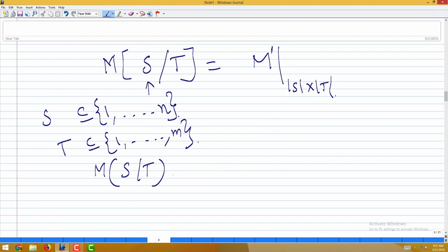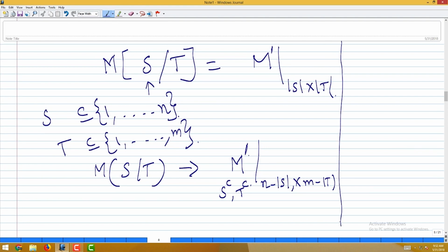So, if this matrix is nothing but the matrix M prime, which has the number of rows to be n minus mod S and the columns to be m minus mod T, where every entry is coming from S complement and T complement. Okay. So, this is what we usually write, even when we write the minors, cofactors, we use this notation. Okay. So, coming back to our definition or the result that I wanted to talk about,